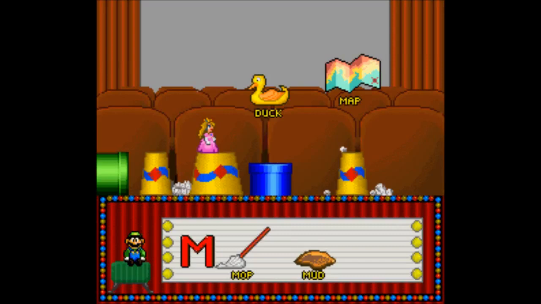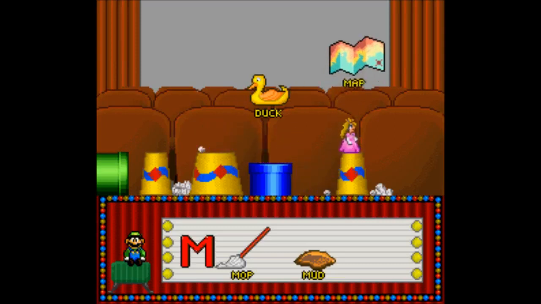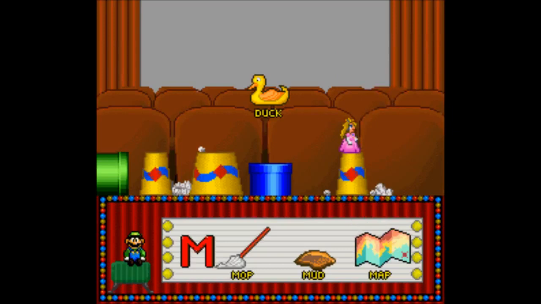You found mud that starts with M. Mud. Find a word that starts with the letter M. That works for me! You chose map that starts with M. Map.